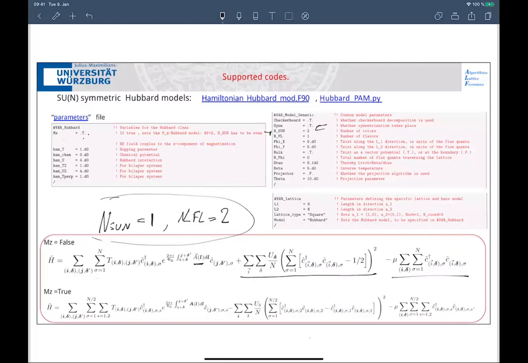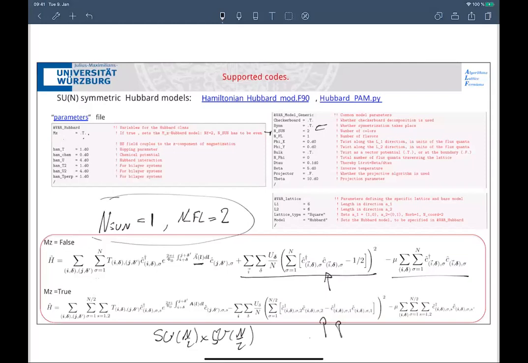Each Hubbard-Stratonovich decomposition corresponds to a saddle point. This decomposition here corresponds to a magnetic saddle point. This decomposition here corresponds to a paramagnetic saddle point. If you take this code and put N going to very big, or you put N equals 4, then you will break the SU2. Essentially the symmetry of the problem will be SU(N/2) times SU(N/2).